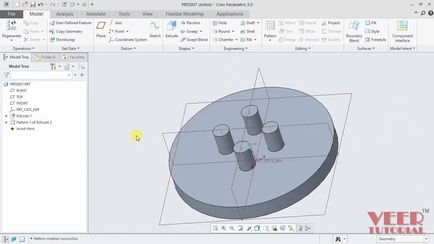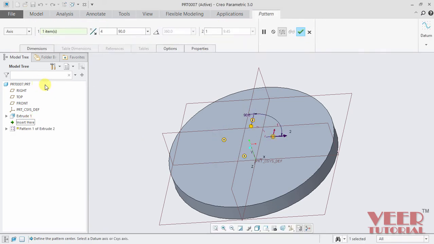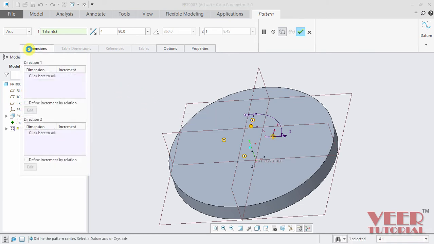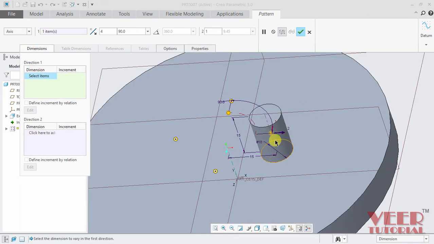In this pattern we have some more options. So I go to this pattern and select edit definition and we can also specify the second direction for this pattern. So I select this dimension, click on this dimension and the dimension I can specify it as, suppose I select this 15 dimension and the increment, let's say I don't want any increment, so I insert the value 0, press enter